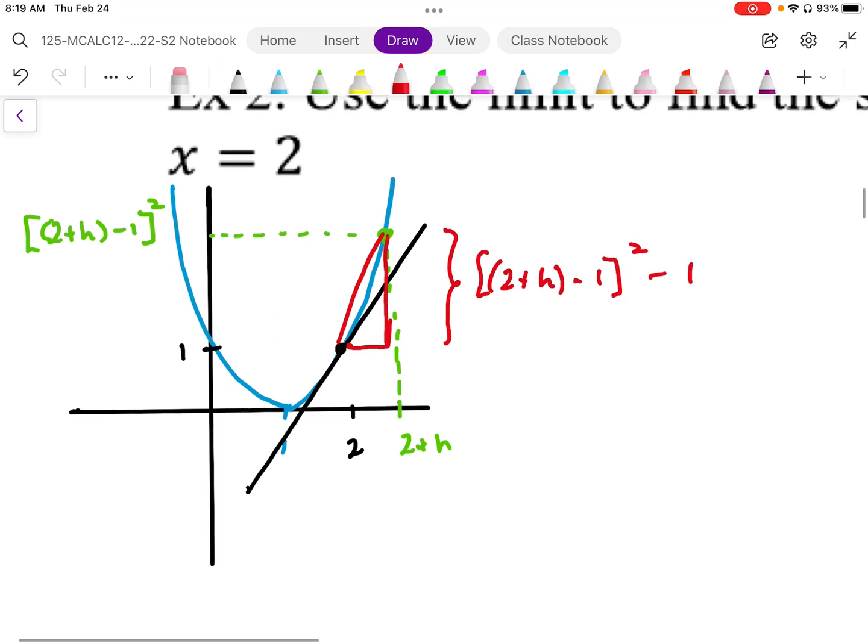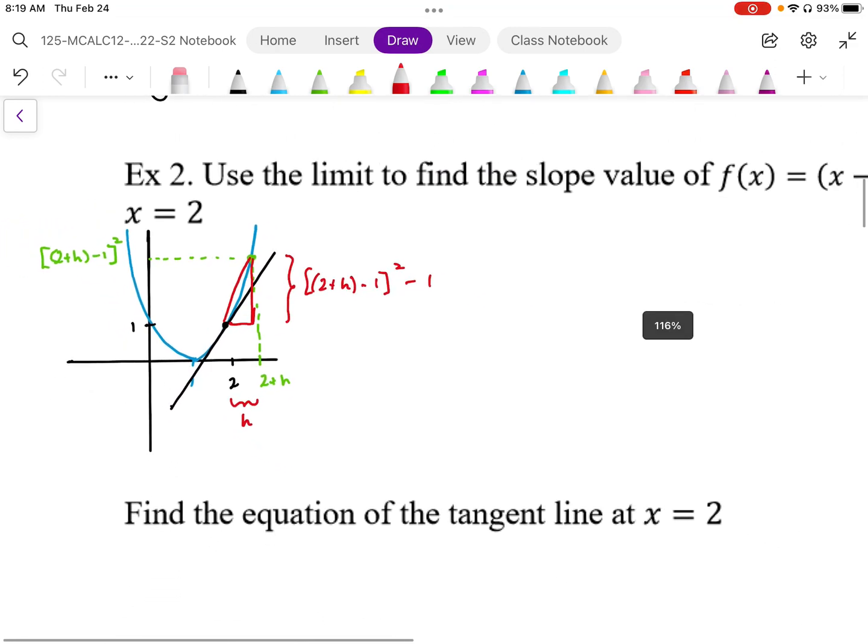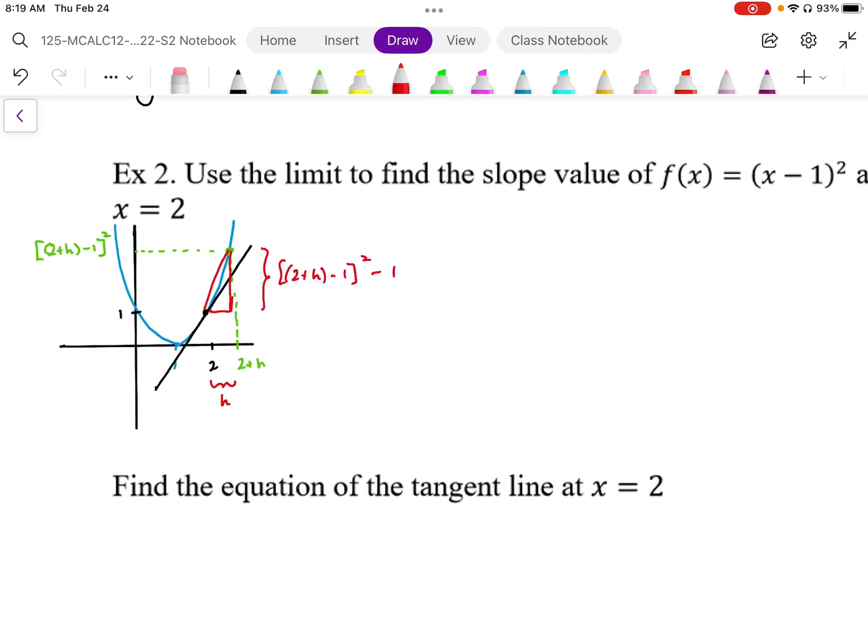And then the run here is going to just be h, because the difference between 2 and 2 plus h is just going to be h. And using the rise and run, we're going to use a limiting value to find the instantaneous slope. So it looks like this: the limit as h approaches 0. We're going to bring that green line closer, the green dot closer to the black dot, and we're going to end up with (2 plus h minus 1) all squared minus 1, that's my rise,